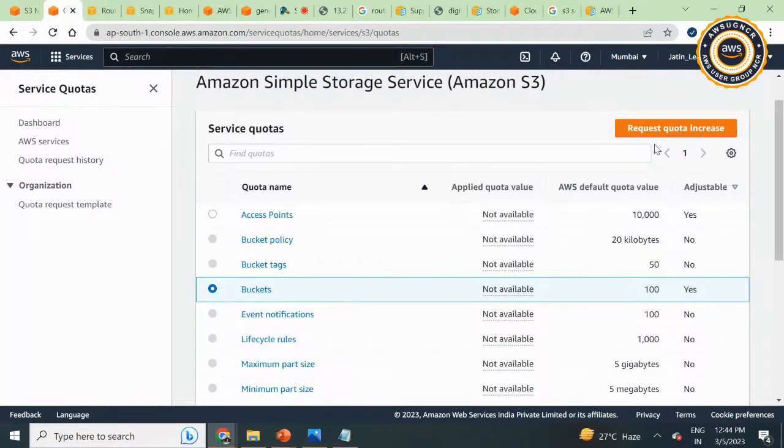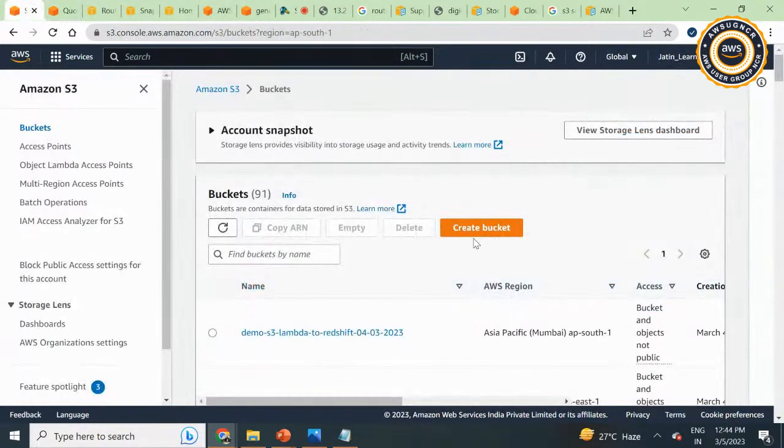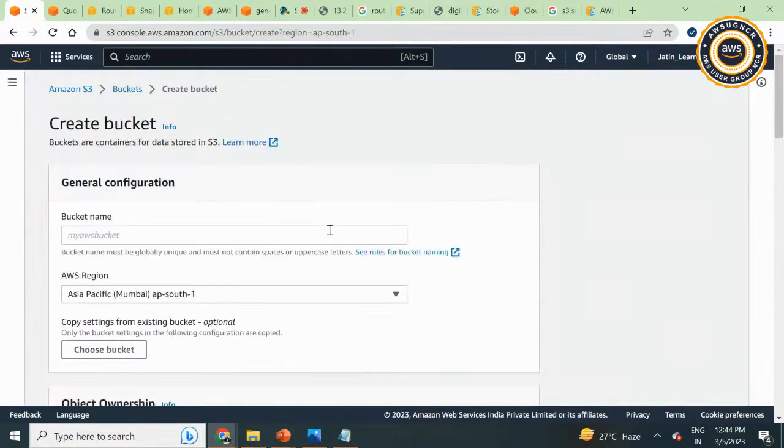Quota means limits. What is the default one, what is a hard limit, what is a soft limit, meaning which quota is adjustable and which is not. Okay, I'll go here. Let's get a bucket. So you have to keep one thing in your mind. Whenever you are creating the S3 bucket, the name which you are going to provide to your bucket,